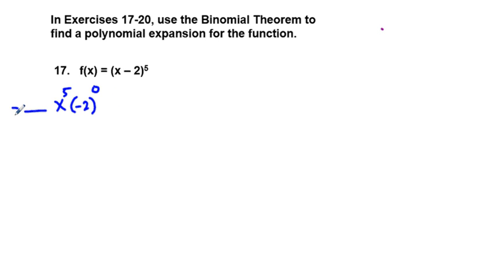And by the way, we're looking for everything here, aren't we? And then we're going to have plus some coefficient x to the fourth, and we're going to have negative 2 to the first power